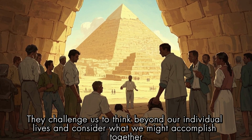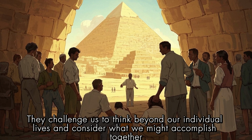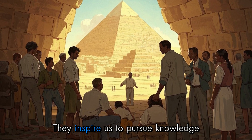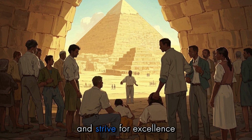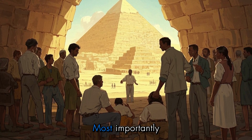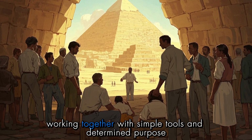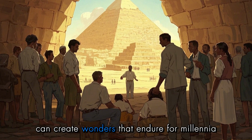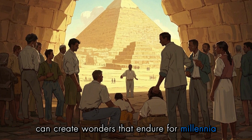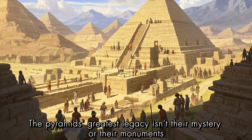They challenge us to think beyond our individual lives and consider what we might accomplish together. They inspire us to pursue knowledge, perfect our skills, and strive for excellence. Most importantly, they prove that human beings, working together with simple tools and determined purpose, can create wonders that endure for millennia. The pyramids' greatest legacy isn't their mystery or their monuments,